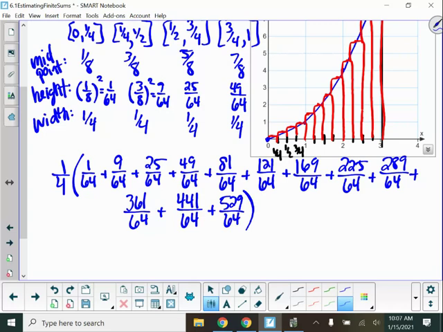So if we add those up, I have 1, 2, 3, 4, 5, 6, 7, 8, 9, 10, 11, 12 total rectangles. Whenever I add those up and then multiply by the 1/4,